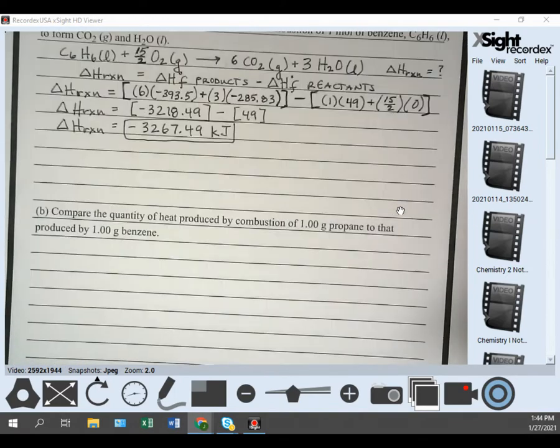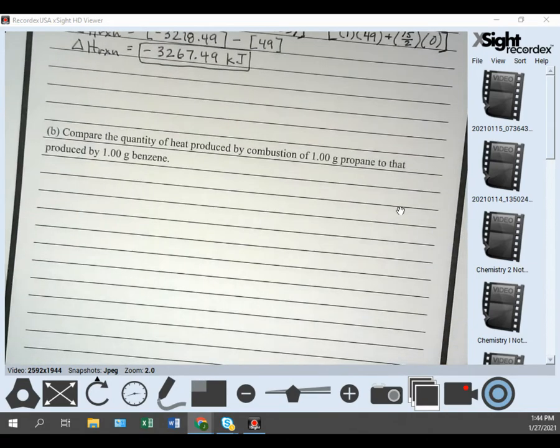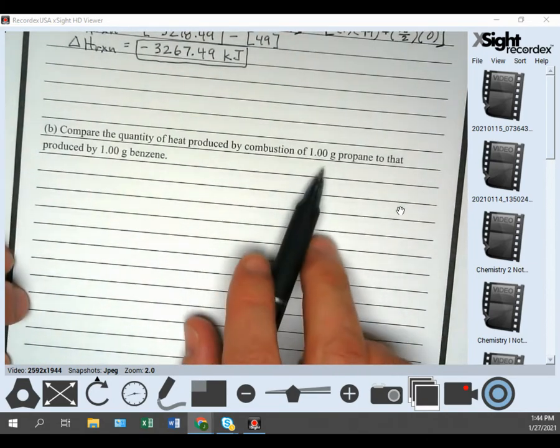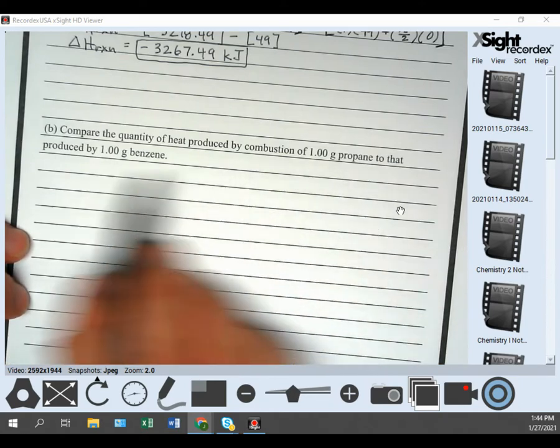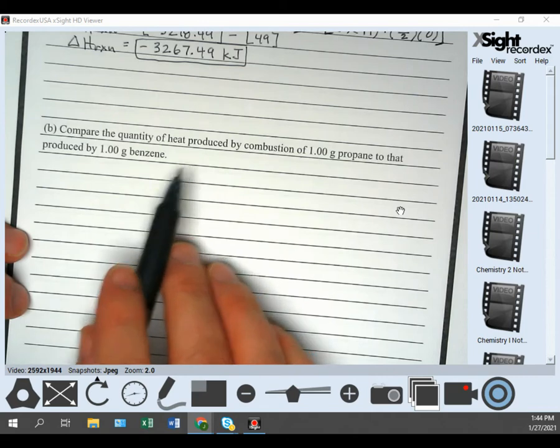All right, let's look at B. Compare the quantity of heat produced by the combustion of 1 gram of propane to that produced by 1 gram of benzene. Okay, so